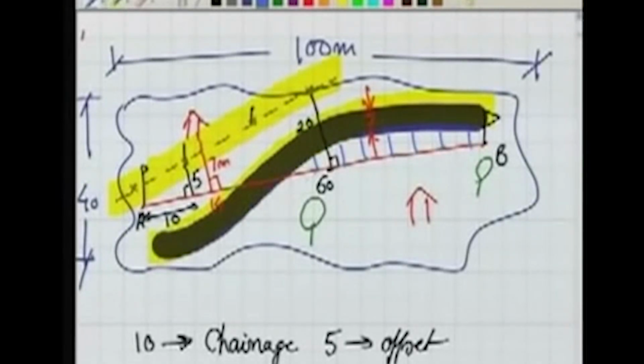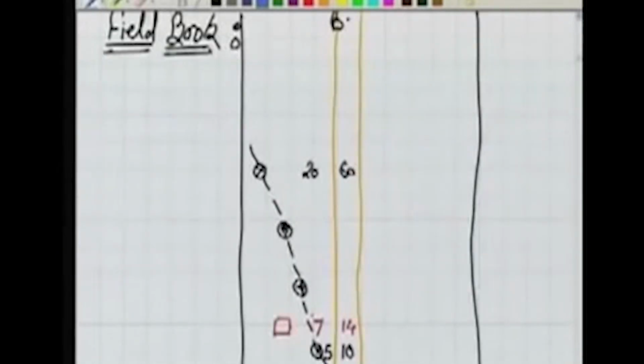Now at certain chainages, x1, this is y1, at x2 it is y2, at x3 it is y3, and so on. So what do we see in the field book? We'll write it like this: at all the chainages we have certain values of the offsets, and the road goes like this,